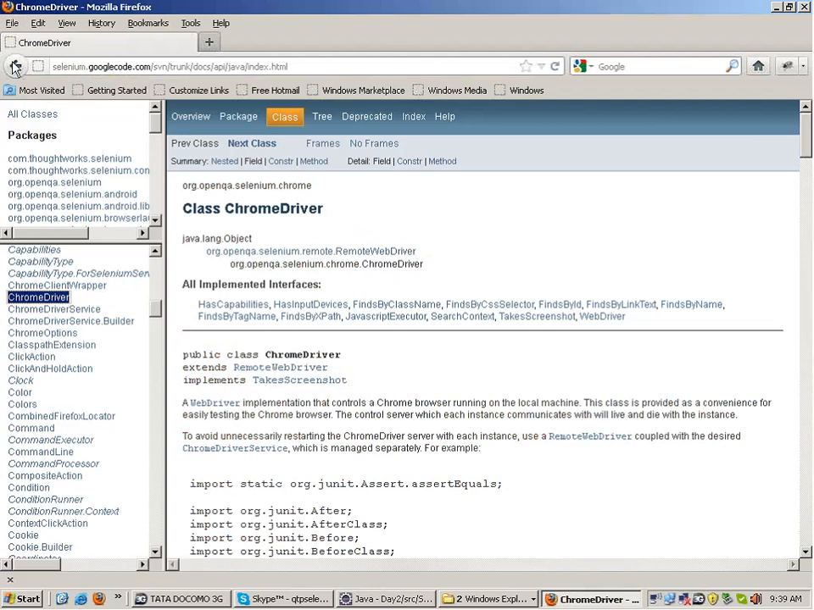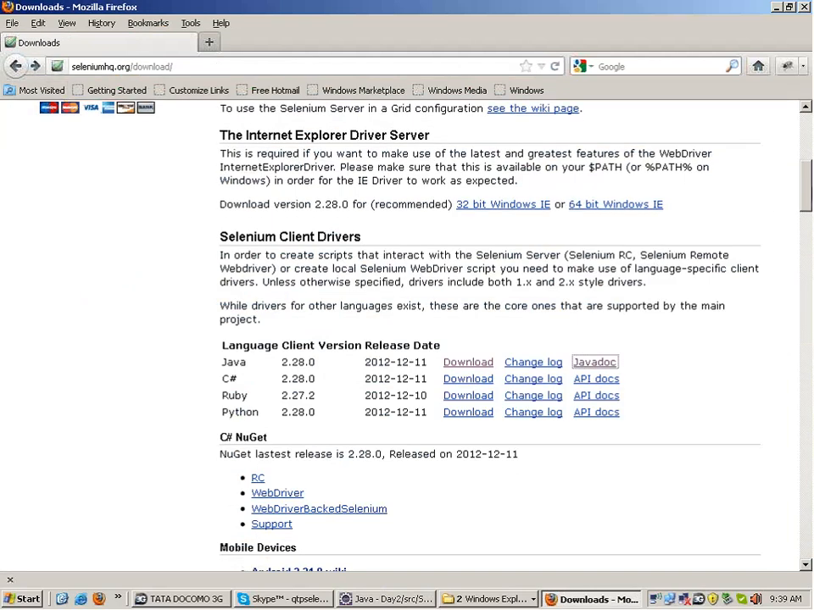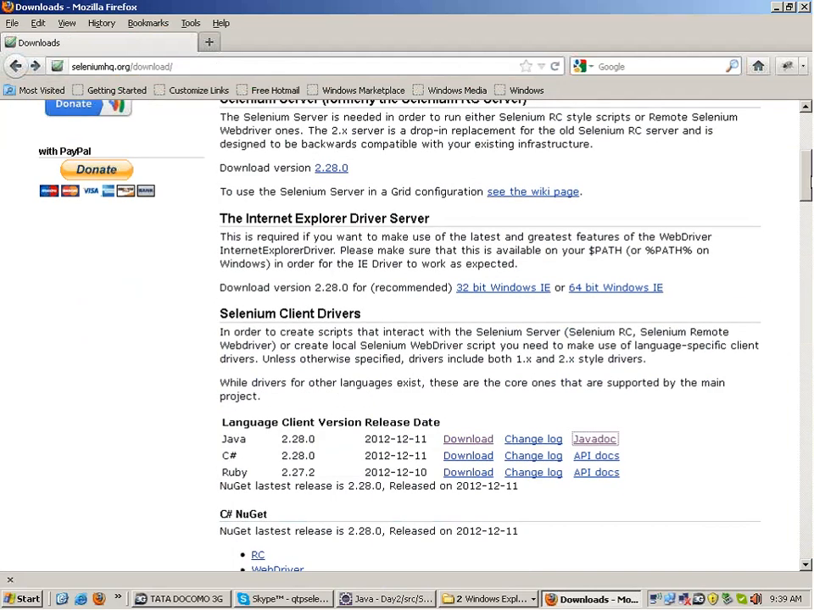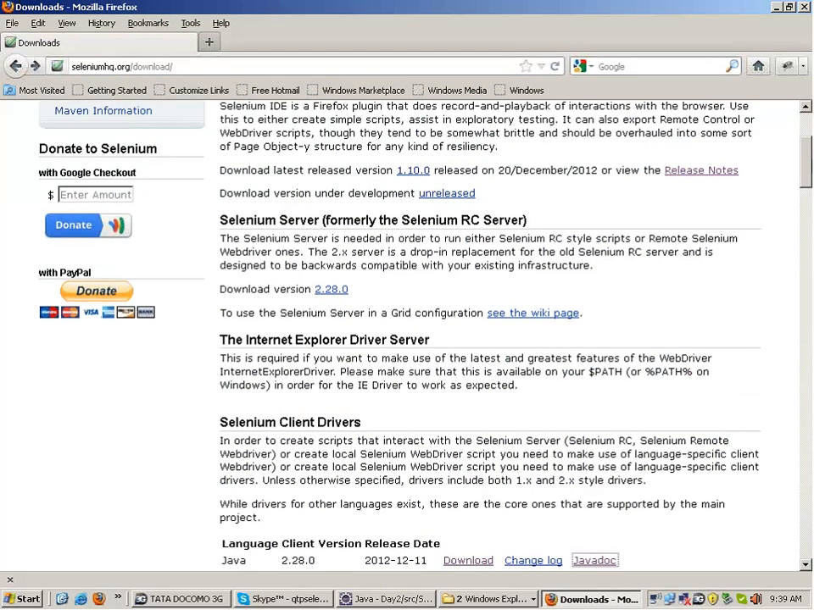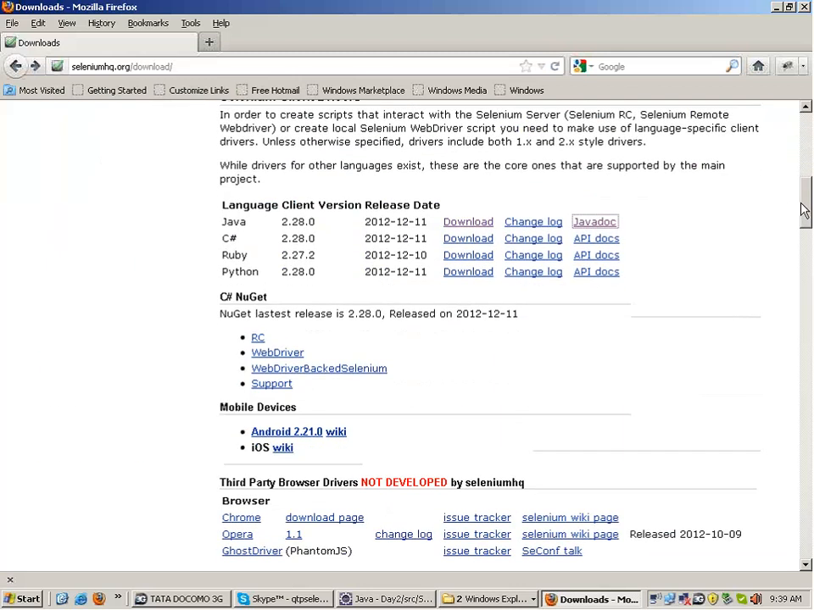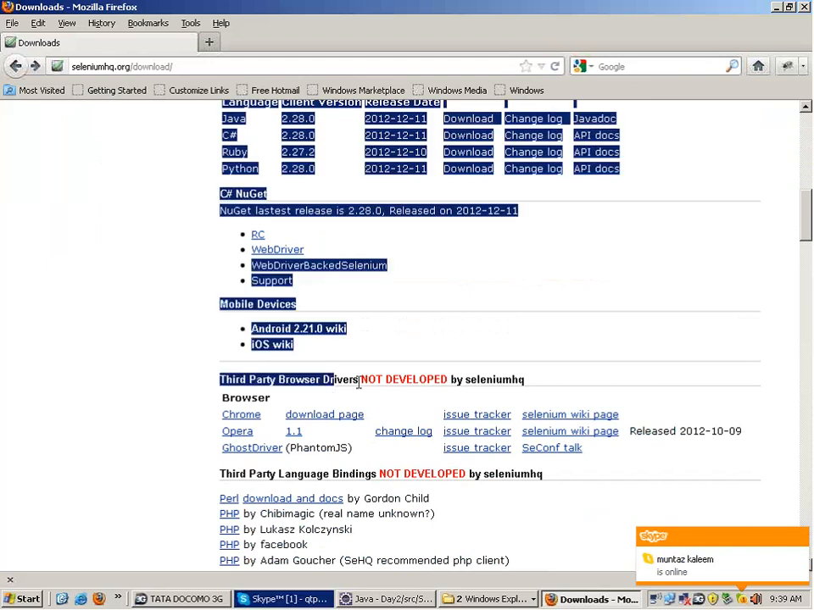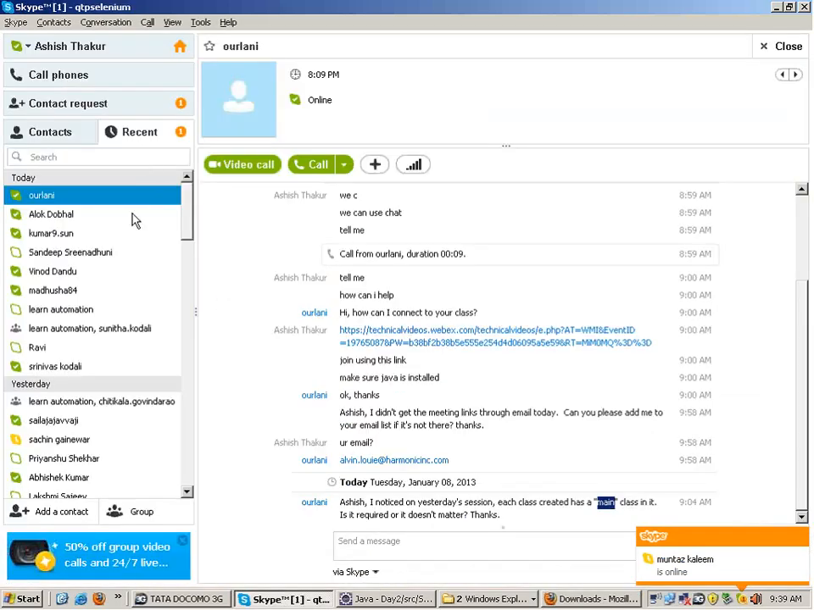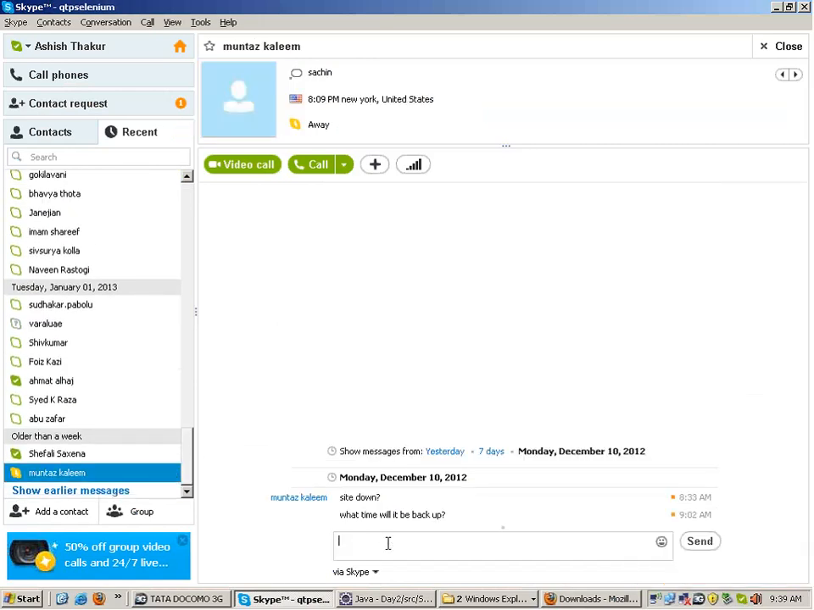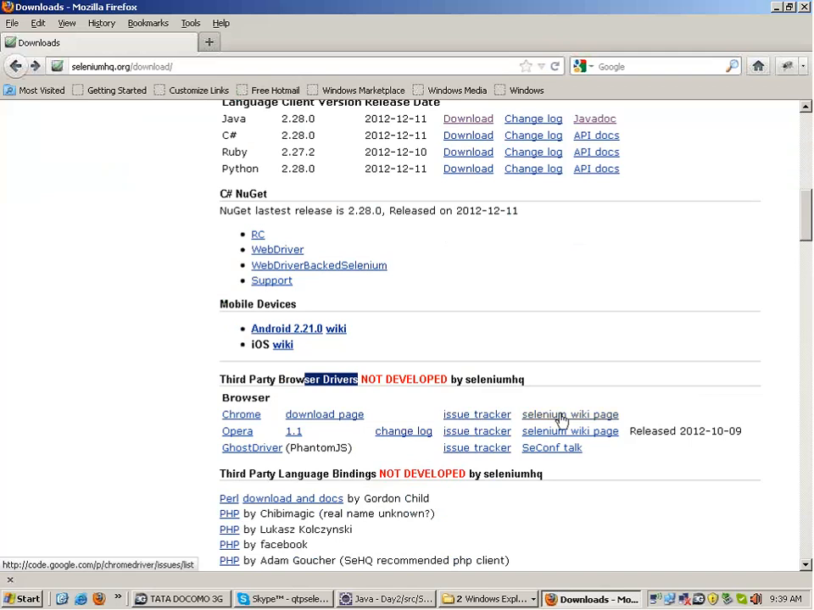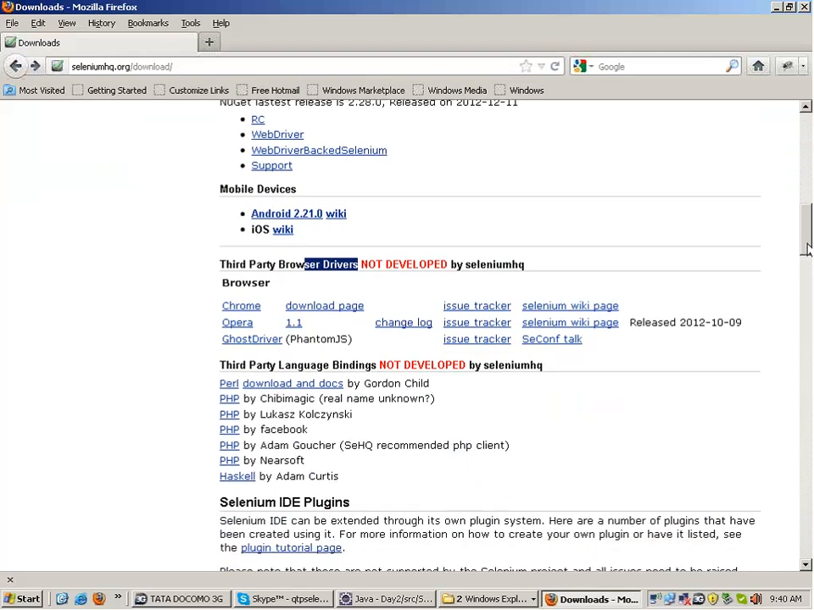I'm sorry. So if you go to the Selenium website, okay, out here you will see the information. Just a minute. Selenium IDE. Just a minute. Yeah. Third-party browser drivers are out here. Hold on. Somebody is giving me a message. Slide down. Slide down. So out here,